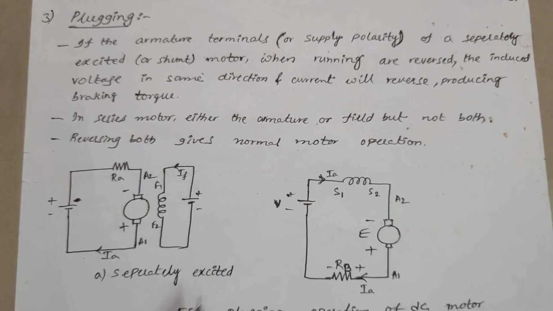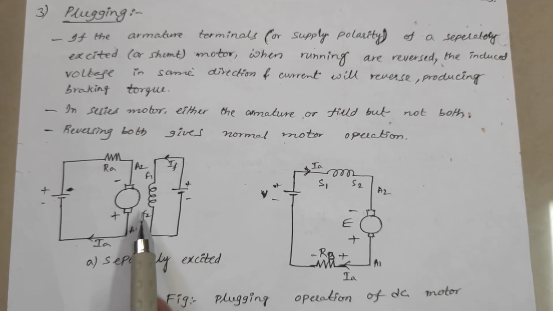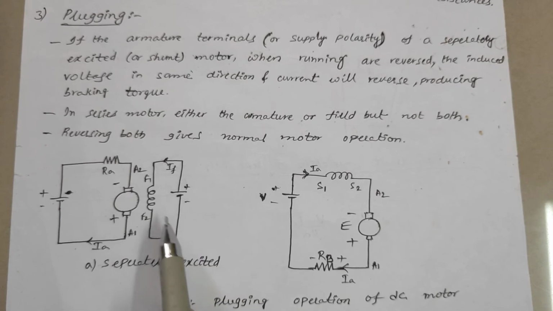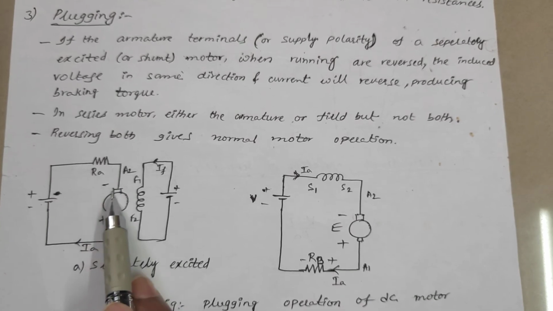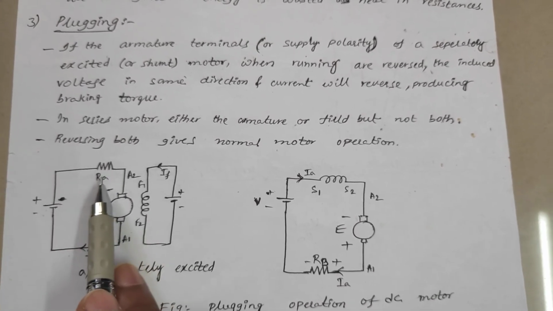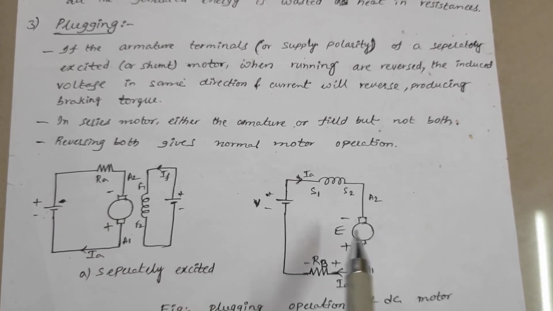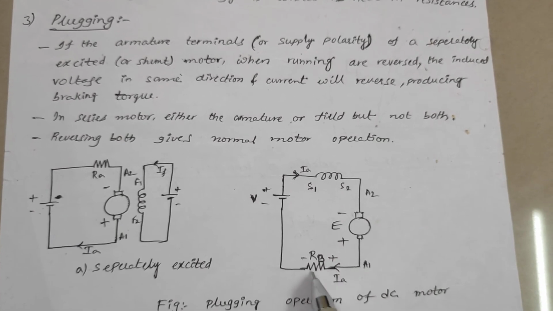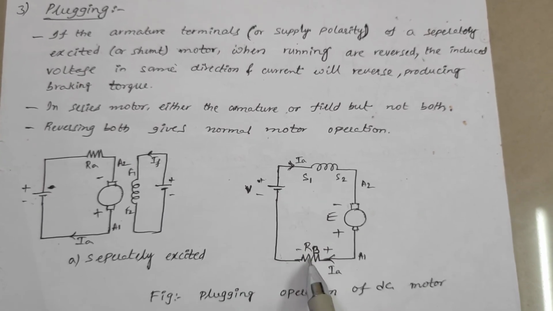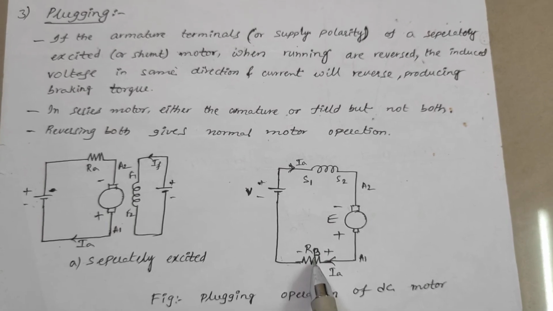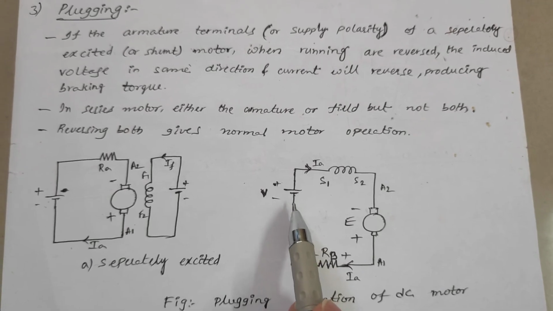So if you see the circuit diagram, in the separately excited motor, normal motoring operation, simply here what I have done is, if you reverse the supply terminals, generally minus plus and minus plus, here RA armature terminal is there, you need to reverse the supply. Instead of directly connecting to the supply, here I will keep some resistance. Even without this resistance also we can get this plugging operation, but your source should be capable of taking that entire power.